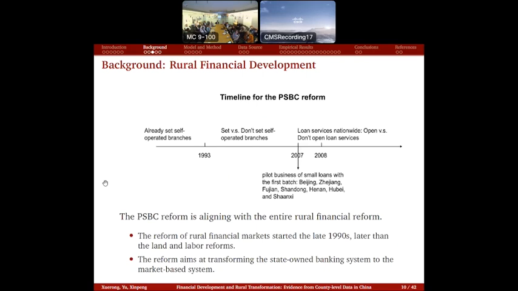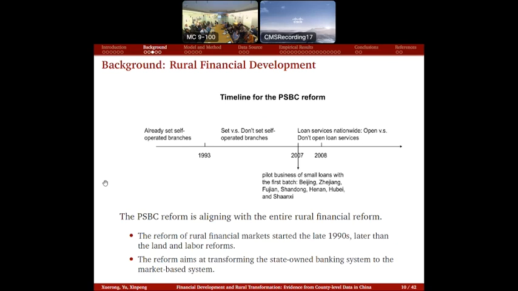The next part is about why we choose the PSBC reform as our representative of rural financial development. Along with the growth rate of the ALP, the financial reforms also underwent several changes. During this period, we keep the PSBC reform as a representative, and we can see that before 1993, there's no data; around 600 counties have already signed PSBC branches, and later on,